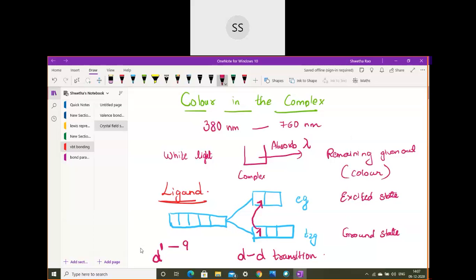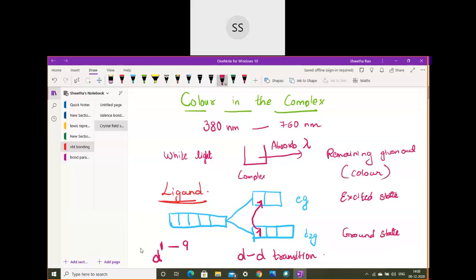And I told you zinc is not categorized in the transition element series. One reason is this: they are not able to show d-d transition. They don't show any d-d transition, so they were not put under d block elements. But since they contain 10 electrons in the d orbital, they were placed over there. So that was the reason.